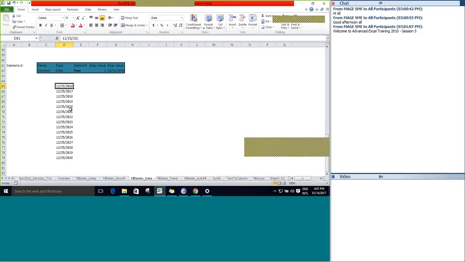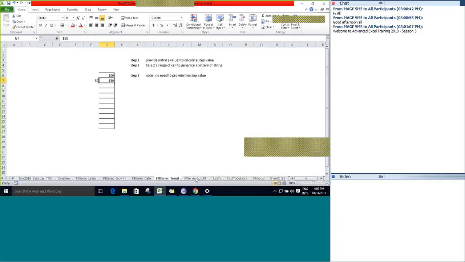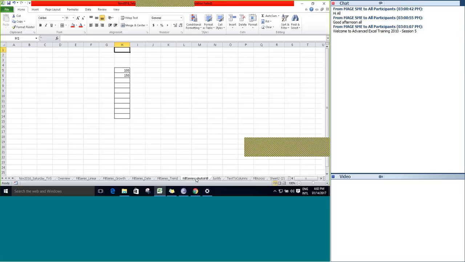So you are setting a reminder on a yearly basis. In that particular case, if you want to generate a pattern, you can go for a date unit as a year with corresponding step value and a stop value. So we have a remaining trend and autofill in a fill series command.